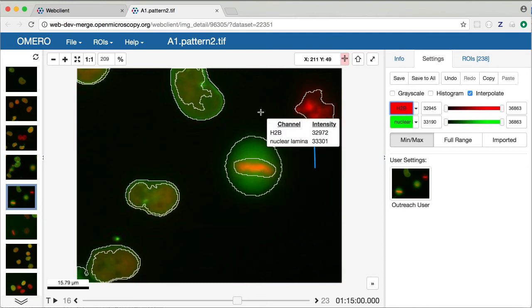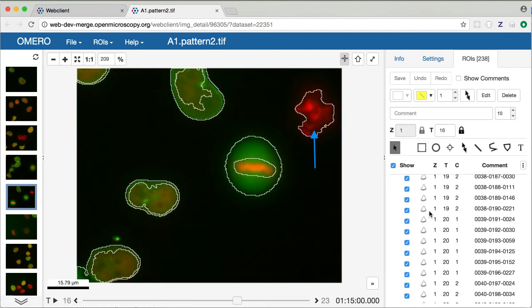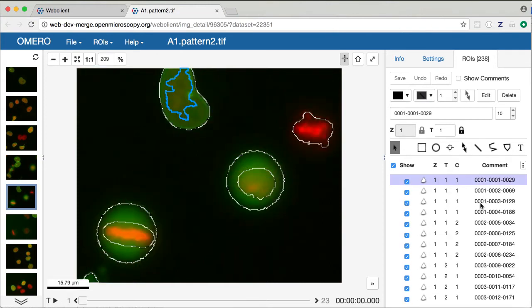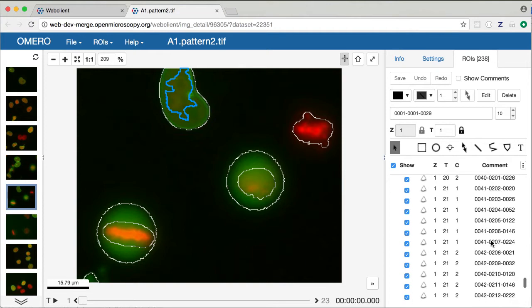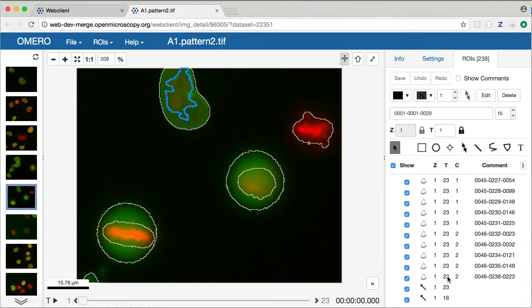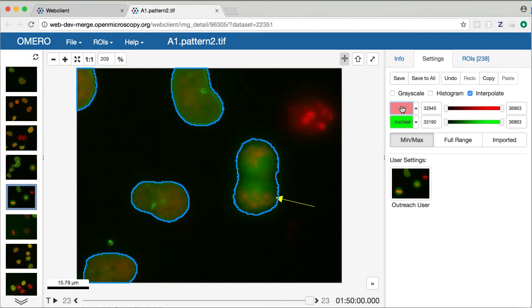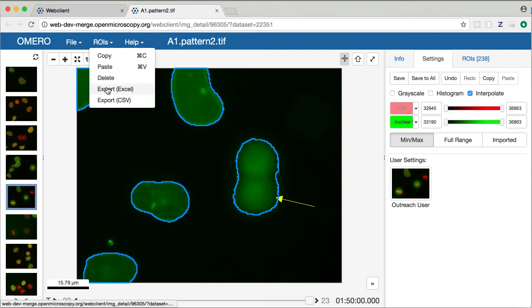I can also export pixel intensities for regions. So let's go to the ROIs tab and select, in fact I'm going to select a range, and I can use this by shift clicking to select a range of ROIs or shapes. Now I'm only interested in exporting just one of the channels, so if I turn off the red channel, I'll just be exporting the green channel regions, and I can go up to the ROIs and export